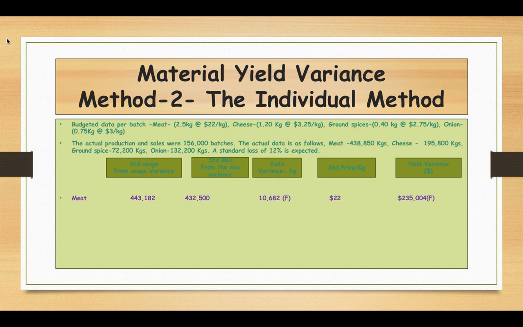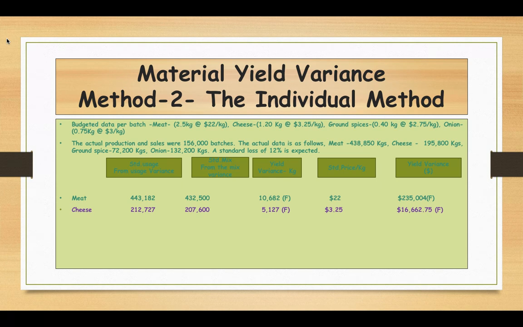So for the meat, I have got 443,182 from the standard usage, but you got to bear this in mind. You have to divide this by 88%. So this 2.5 kilograms times 156,000 divided by 0.88. So you will get 443,182, and your standard mix of actual quantity from the mix variance is 432,500. So the difference is 10,682 kilograms. So times it by $22 per kilogram, you get $235,004